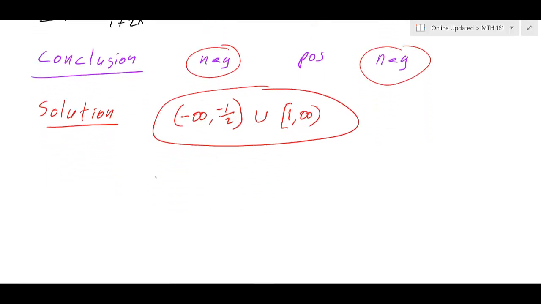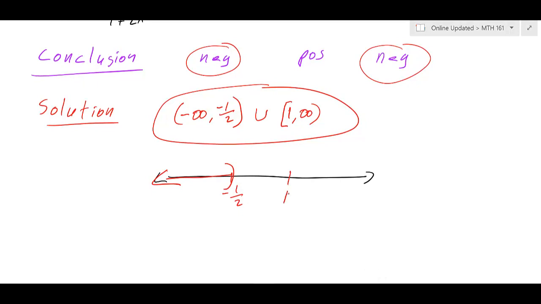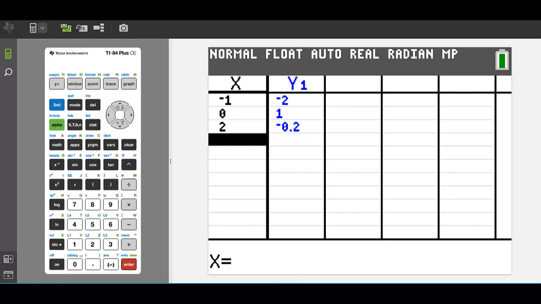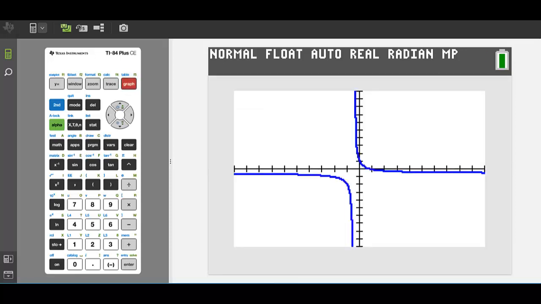And once again, on a number line, we could identify the solution. We could mark off negative 1/2. That means it's going to be parentheses to the left, and then we mark off 1, which means you would have a bracket going to the right. And once again, we can kind of verify this. If we go to the calculator and simply hit graph, we can see